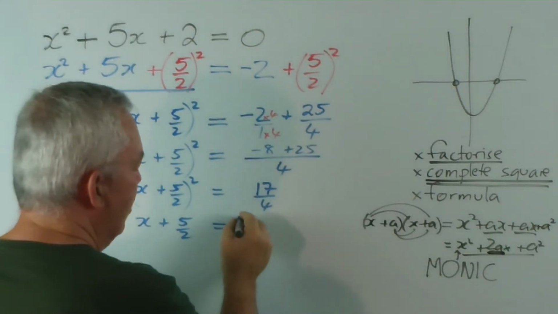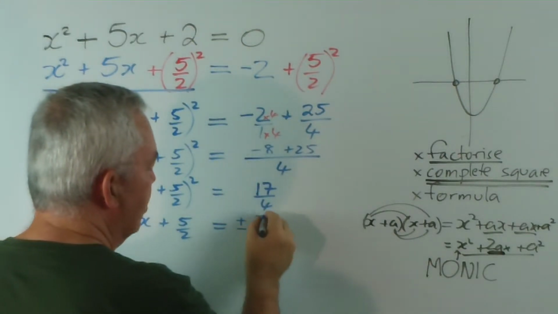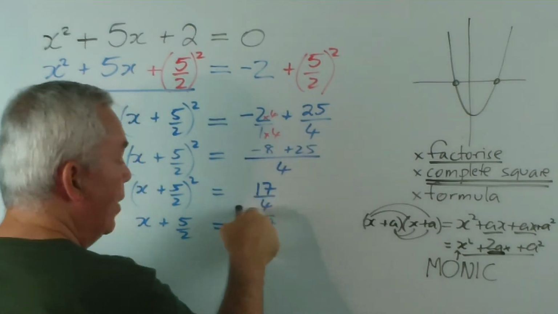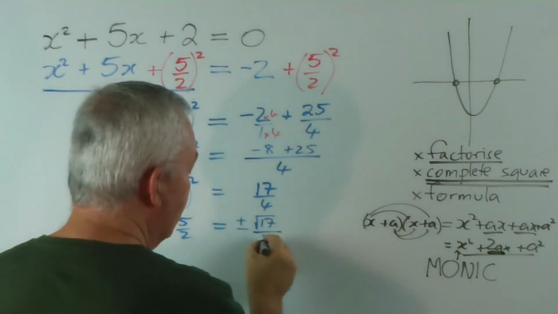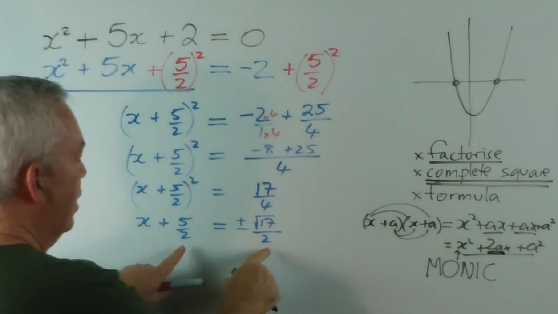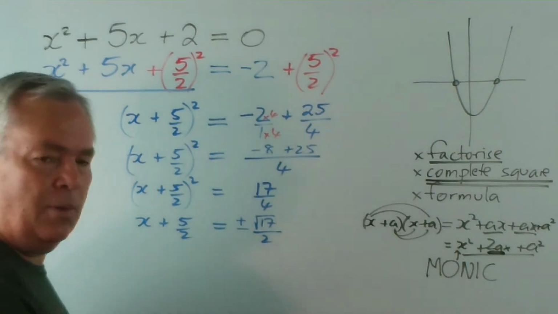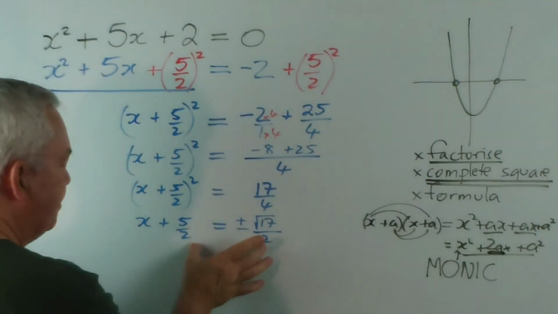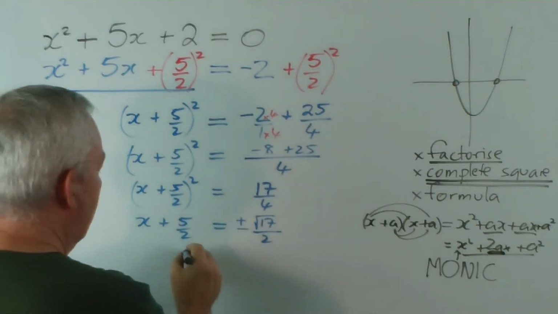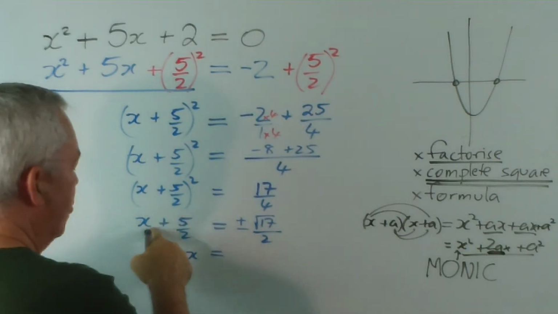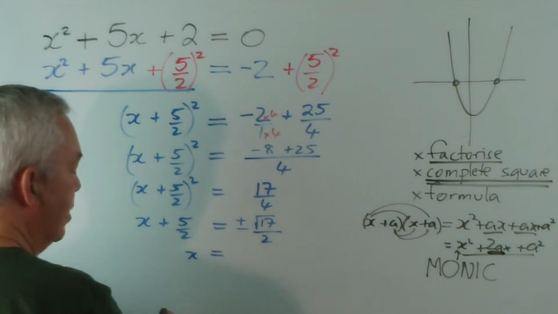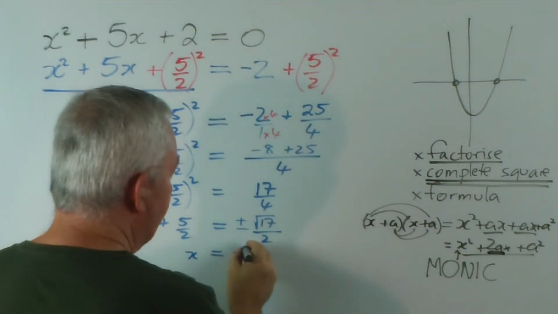The square root of this will be plus or minus the square root of 17 over the square root of 4, which is 2. And you can see that by leaving it as fractions, we will end up with the same denominator. And now all I do is subtract that 5 over 2 from both sides, and I get minus 5 on 2